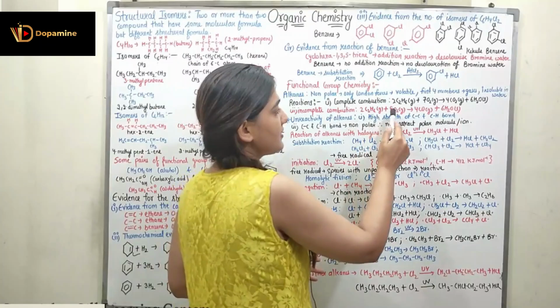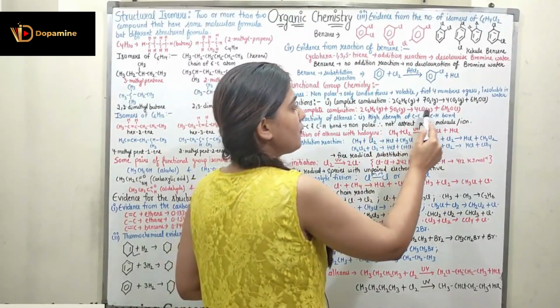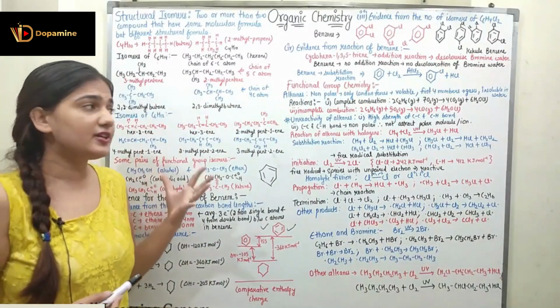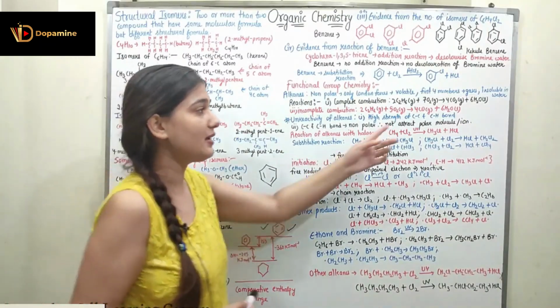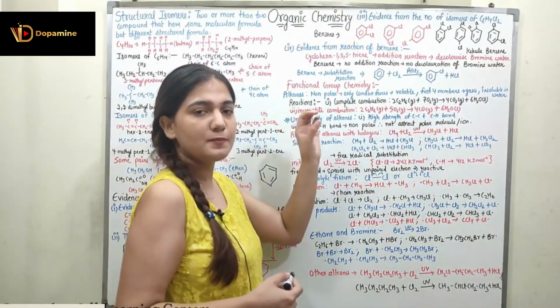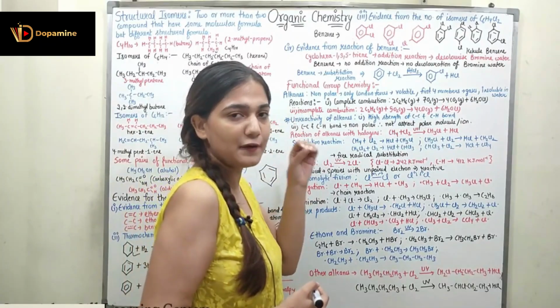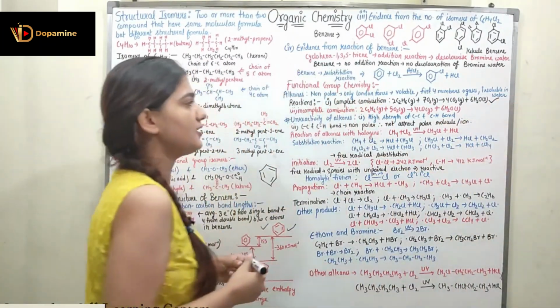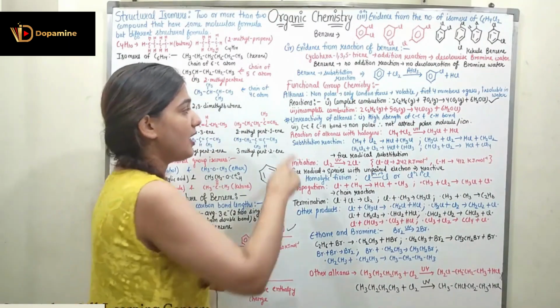Coming to the incomplete combustion, incomplete combustion is the combustion in the presence of lesser oxygen. So 2C2H6 plus 5O2 is giving me 4CO plus 6H2O. So in case of incomplete combustion, I am generating some toxic gases like carbon monoxide. So this should be avoided, and this is a dirty kind of combustion. So this is a good combustion. Complete combustion is a preferred combustion. It's a good combustion.